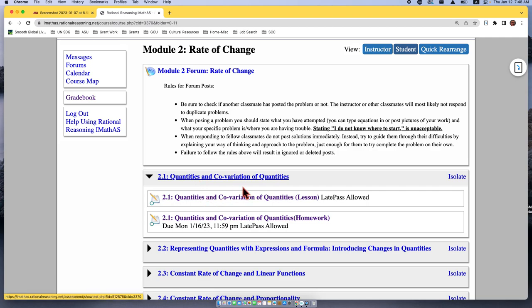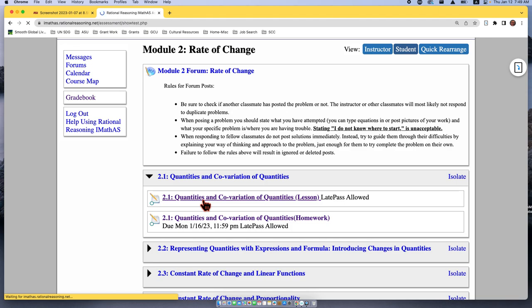So there's a lesson, it's marked as lesson, and notice there is no due date here. 2.1, there is a due date so that it does also post it, and again, what I'll do is during the week, everything will be due the following Monday, so that the next week we're ready to get going. Again, that's not a hard due date because you'll have late passes, you can go in there. But I'm going to show you, let's